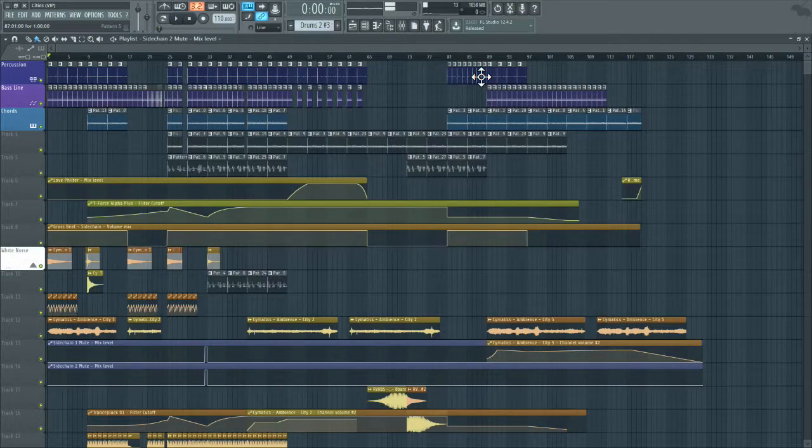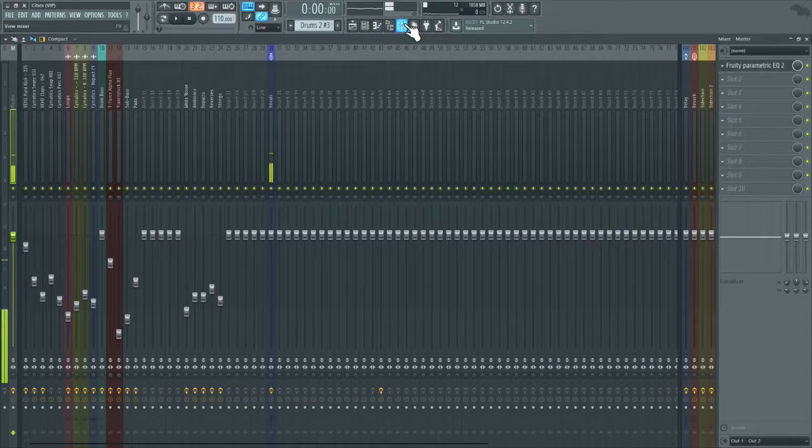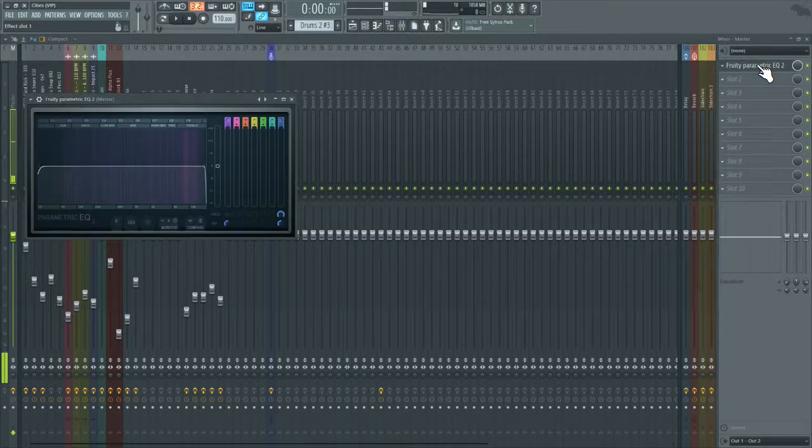How you're gonna do that is when you go to your mixer, the only thing that should be on there is probably a Fruity Parametric EQ for like a high pass for like building up for a drop, and that's all there should be. So what we're gonna do is we're going to check these frequencies. And how we're going to do that is